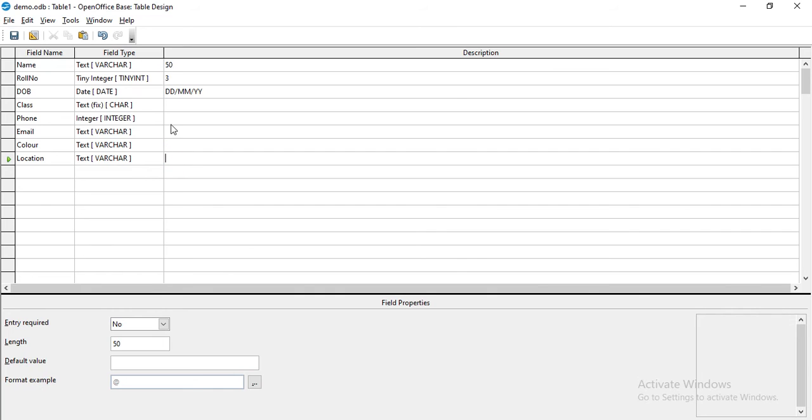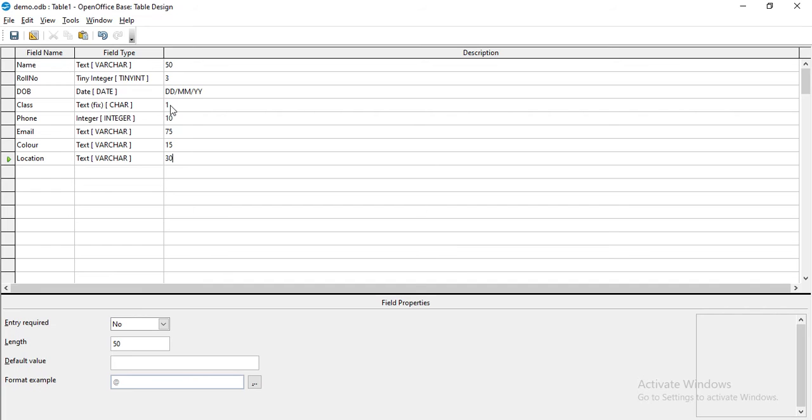It's also varchar. Class can be one length, phone number is 10 length, email ID just write 75, color let's give 15, and location let's give 30.